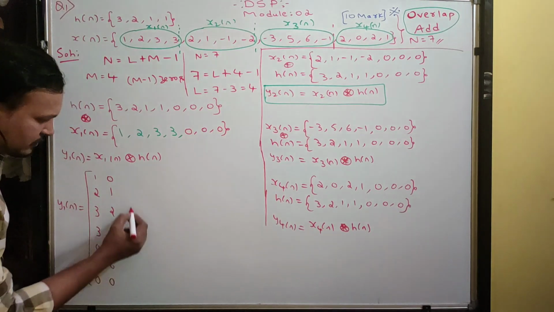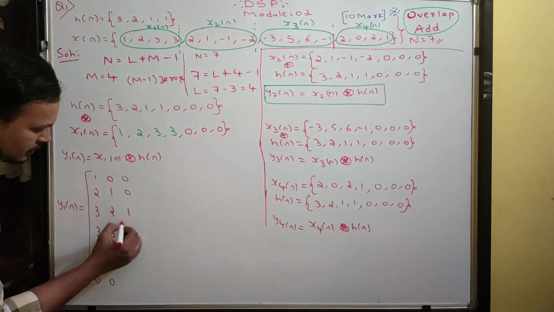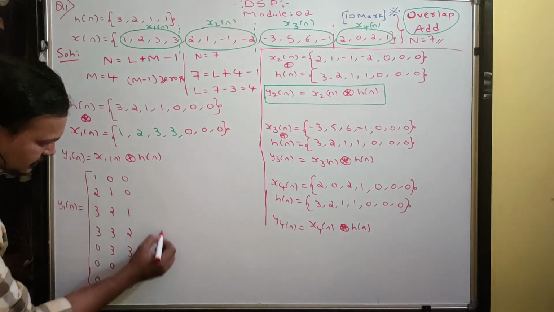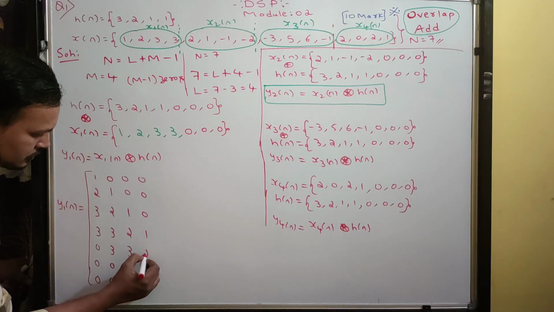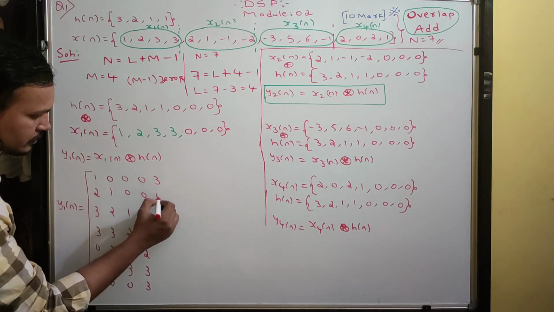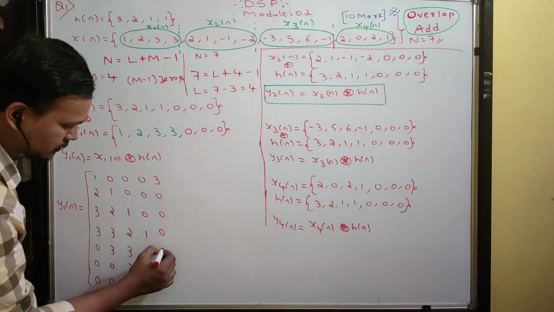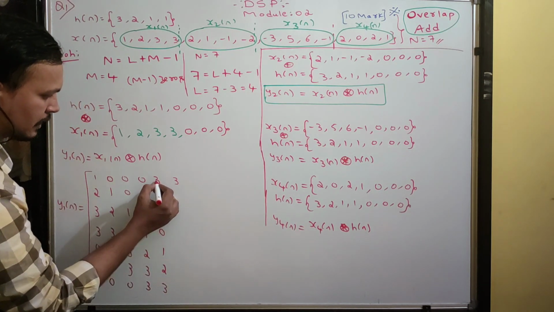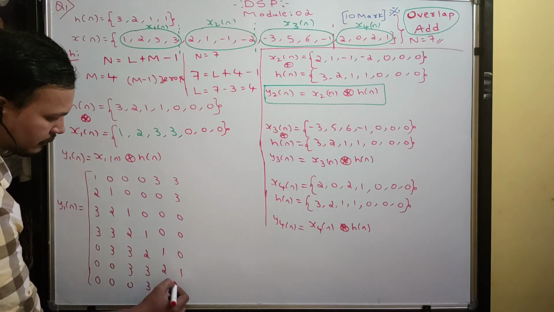Now again shift like this. This is called circular shifting. Next put 0 here, 1, 2, 3, 3 and then 0. Now take this 0 here. Again write like this: 0, 0, 1, 2, 3 and 3. Now put 3 here again: 3, 0, 0, 0. You should write this carefully. 0, 0. Next 1, 2, 3. Now take this 3 again and write it: 0, 0, 0, 1 and 2.